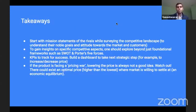With that, I'm going to spend some time on the takeaways. In order to set up the product for success, start from the mission statement and make sure you understand the thinking behind those products and services, and also behind your rivals. Gain insights by doing the competitive analysis, not necessarily just with the SWOT or Porter's 5 forces. You can do more depending upon your context. Identify the KPIs relevant for your product, and then track them and build a dashboard